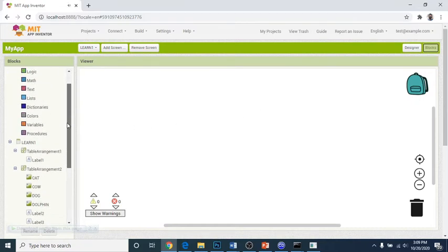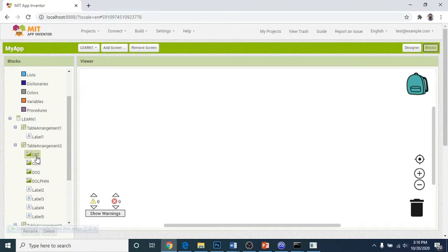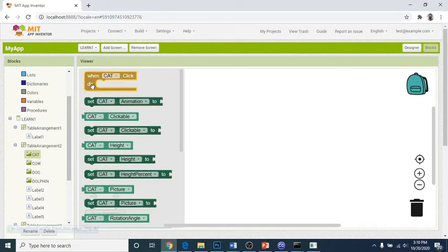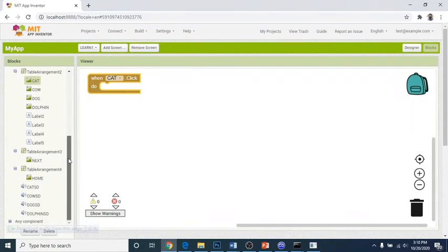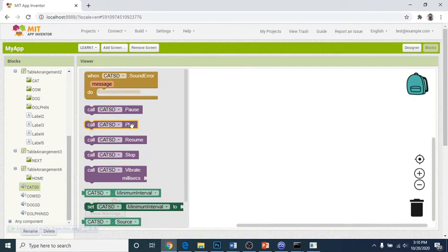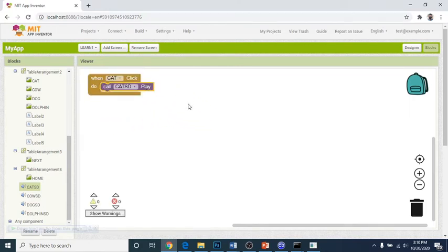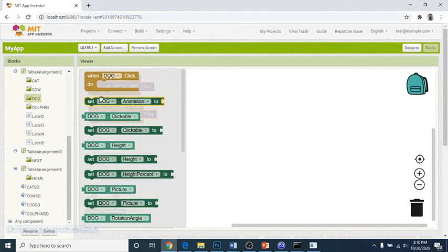Okay. Ano mangyayari? We have here, cat. Kapag pinress mo yung cat, kapag clinic mo yung cat, anong mangyayari? Okay? Nasaan yung sounds natin? Andito yung sounds. Kapag pinress or clinic mo yung cat na button or yung picture, click mo lang yan, anong mangyayari? Magpe-play ito. Magpe-play ang cat. So, lagay lang natin dyan. Diba? Madali. Kapag clinic natin yung cow, click. Ang mangyayari, itong cow, click, magpe-play. Yan. Kapag pinress mo ang dog,